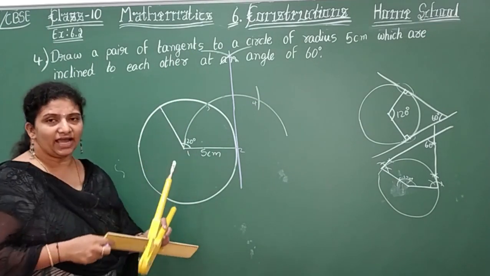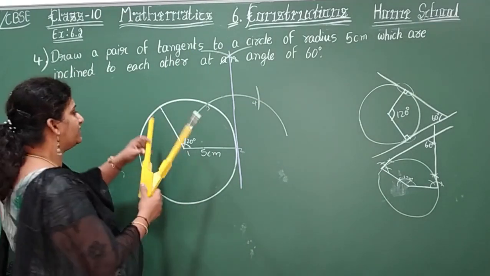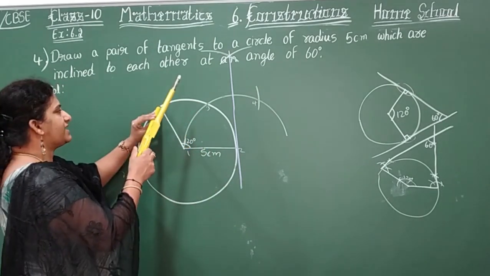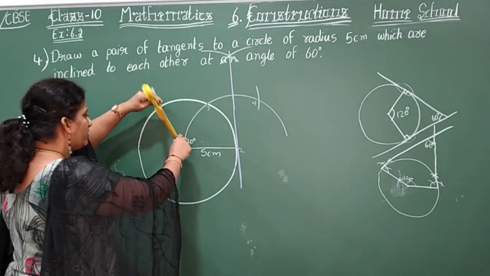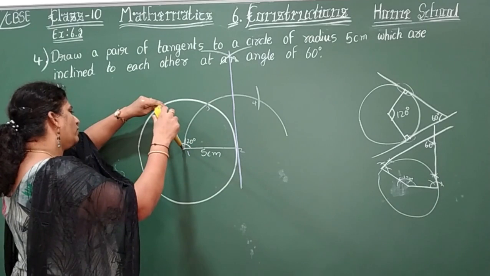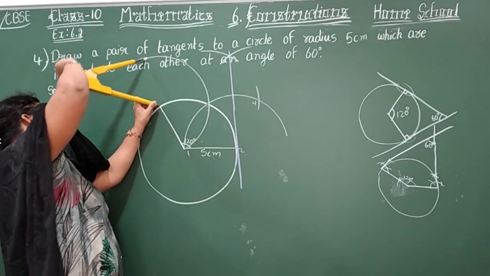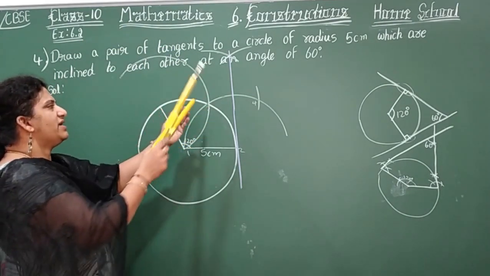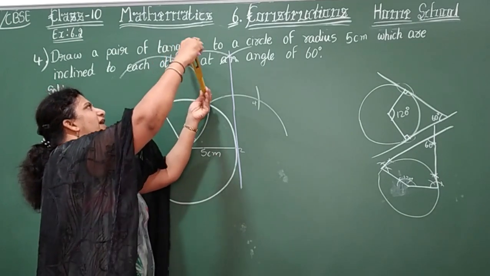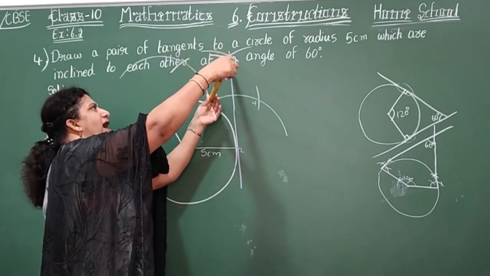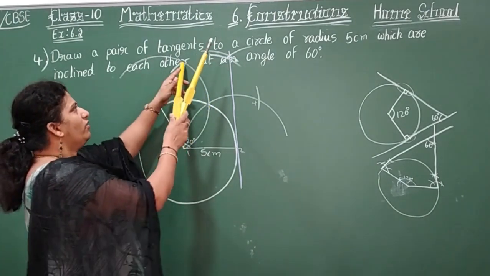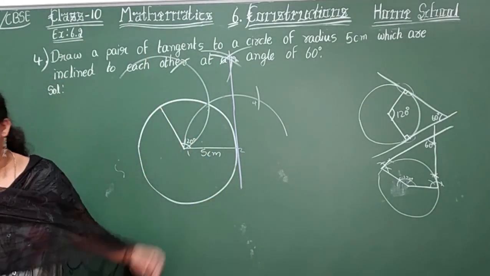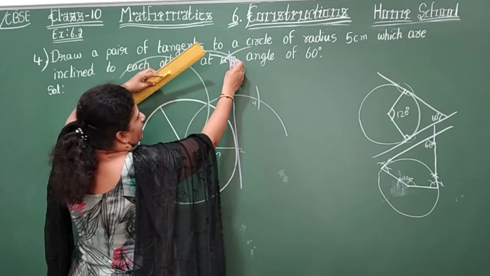Now, only one tangent we have drawn. Now we need to draw another tangent. How do we do it? Same steps. But now first, now second. So look here, children. Second. So what am I going to do again? Semicircle. Okay. 1, 2. Semicircle where it touches. From there, above, one arc. Okay. Now from here, cut the arc. So now where it is cutting, see there carefully. So here it cuts, children.